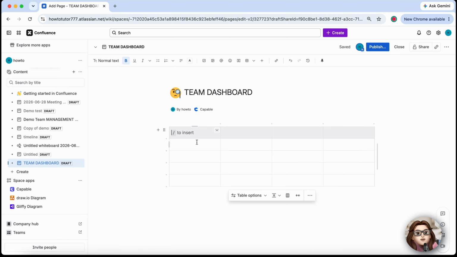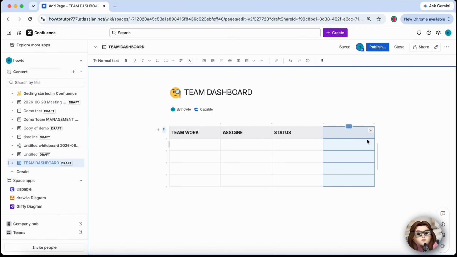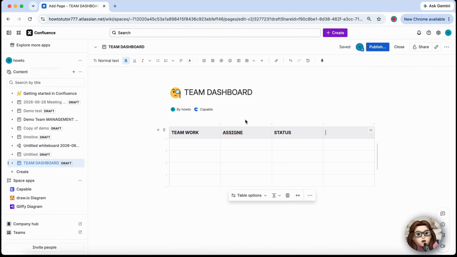You can then begin adding content using Confluence macros. Add project updates, task lists, status reports, calendars, and other information that your team needs to see regularly. If you use Jira, you can insert Jira gadgets or issue lists to display live project data directly on your